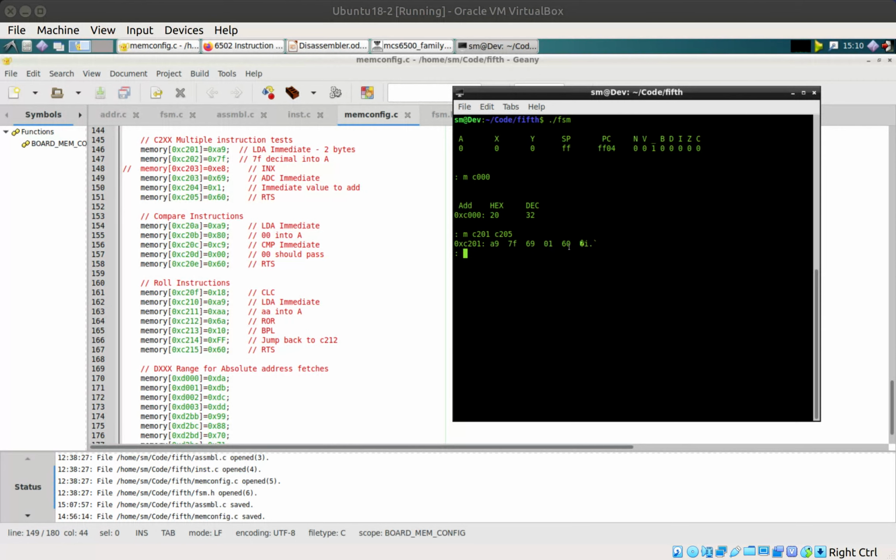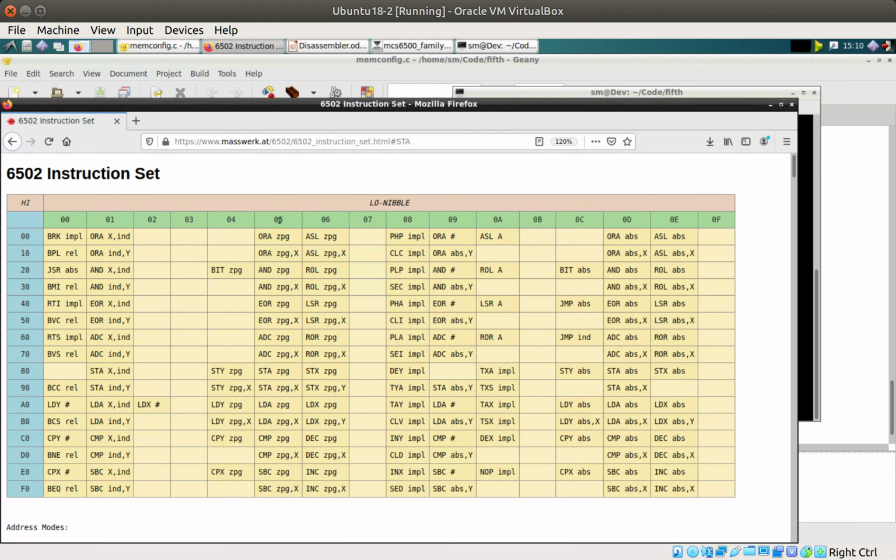Actually, this routine was a good routine because 7F is the highest possible positive number that a signed 8-bit value can represent. So 80 turns it negative, so it's a great way of testing whether the overflow flag works. Anyway, that's for a different video. So we know from previous videos